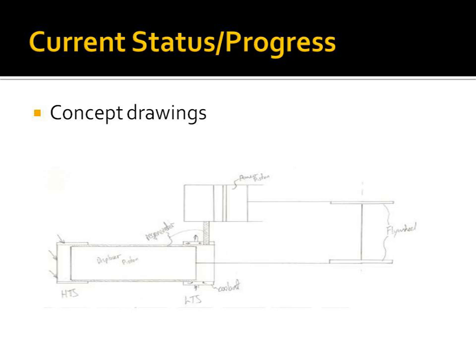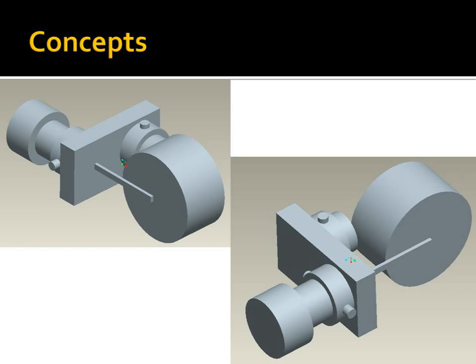Current progress, just some concept drawings there. It might be a little difficult to see because I started off doing sketches. But if you can see, I started off looking at tubular regenerators on a very basic gamma type configuration. Moving on to Pro-E drawings, I'm on my second iteration here, where I incorporate a heater cap to increase the surface area